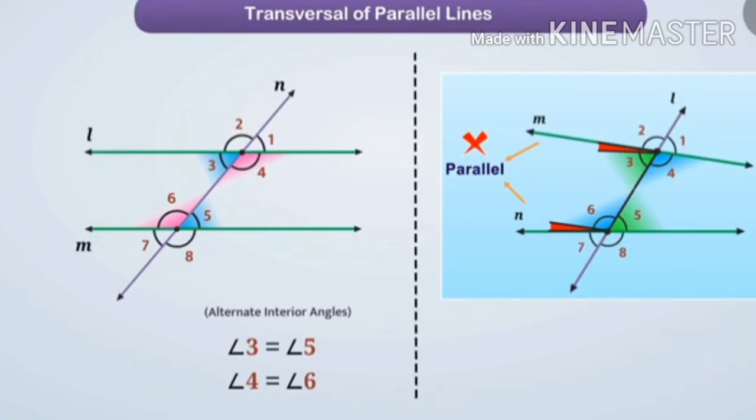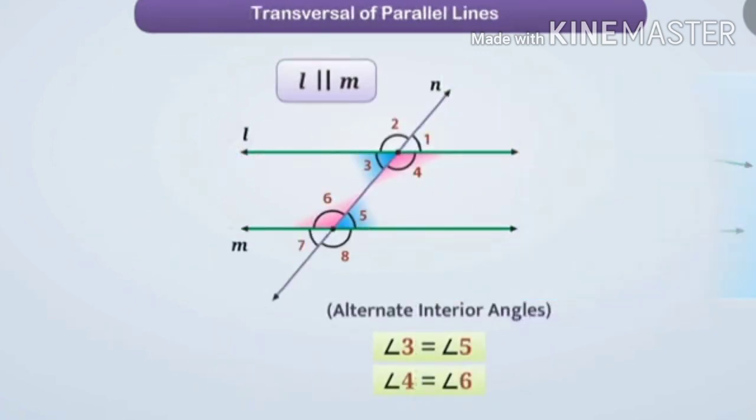Absolutely right. We can say that if two parallel lines are cut by a transversal, then each pair of alternate interior angles is the same. If the lines are not parallel, then the alternate interior angles formed by their transversal are not equal. To identify a pair of alternate angles, you can take the shape of Z into consideration.